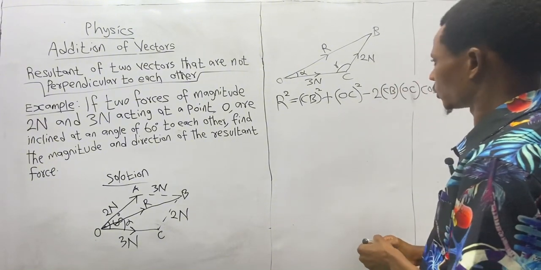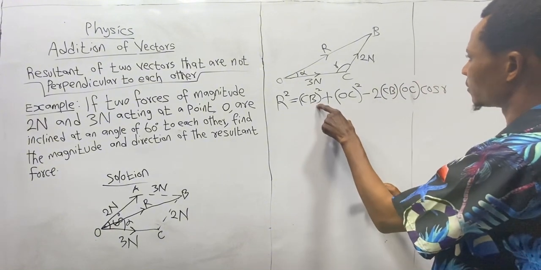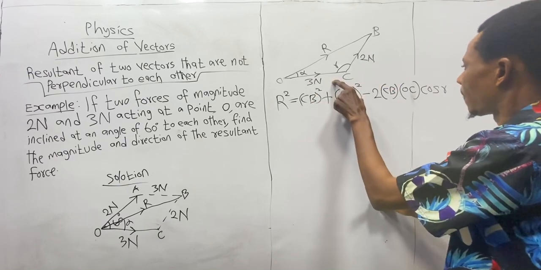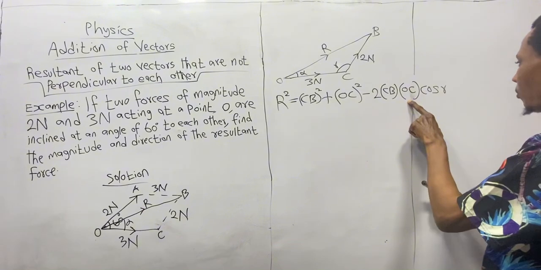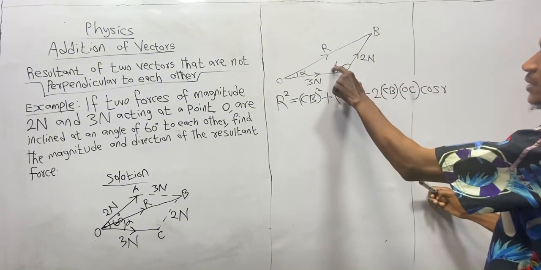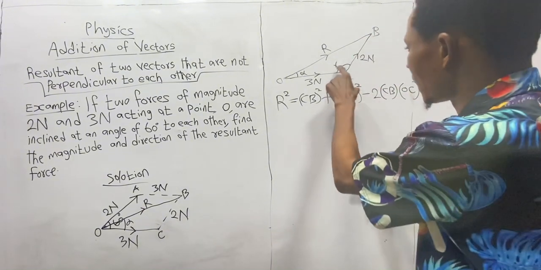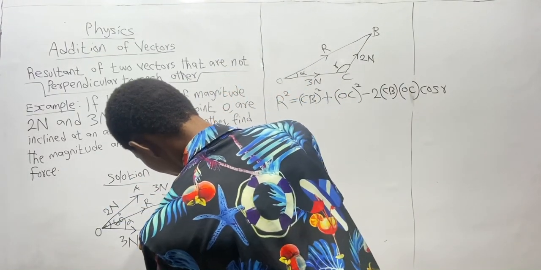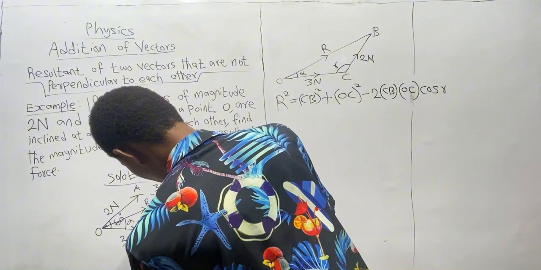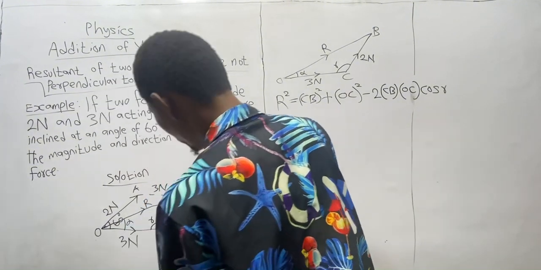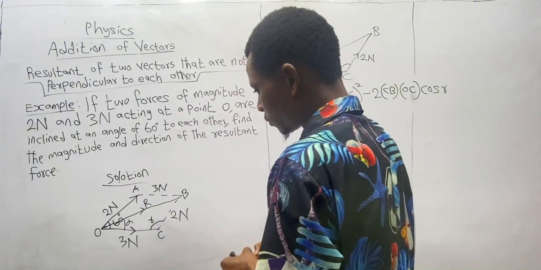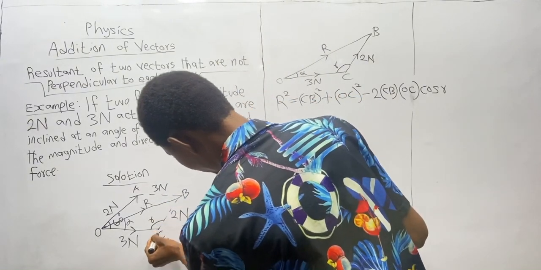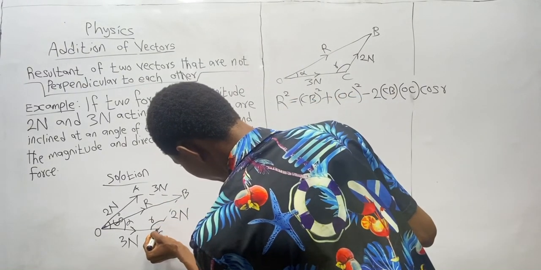Now, we know CB as 2. We know OC as 3. But we don't know small arrow. The question now is, how do we get it? We'll get it by coming back here. Because if we do this, it means that from here to here is your arrow. So how do we get the arrow here now? If you extend this line, like this,